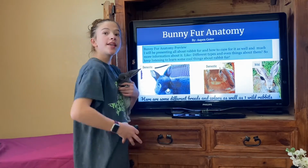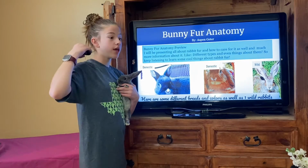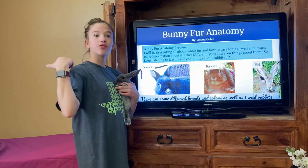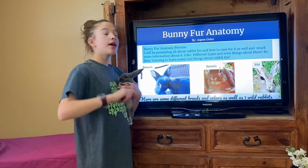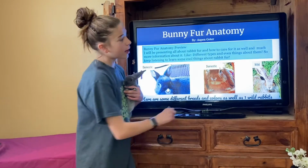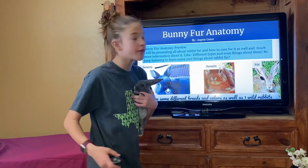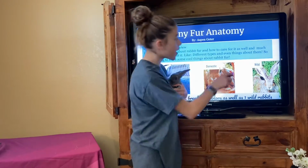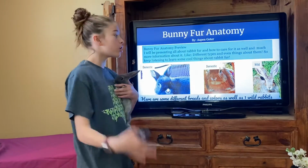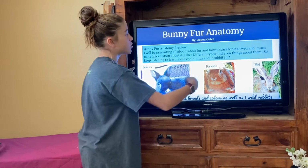which releases, and it will go into the predator's mouth that is trying to bite this rabbit that's trying to eat it. And it can quickly get away and go into a rabbit hole. And as you can see, it's looking around while it's laying down just to make sure that it's safe. So that's why you see that, so I could explain to you why the difference is between these two domestic